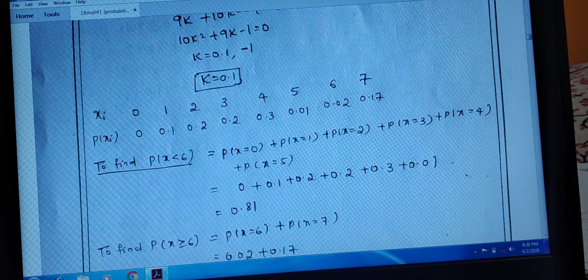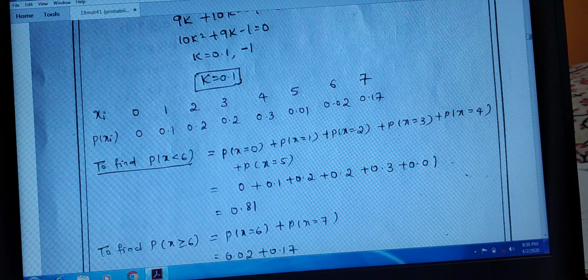Okay, so here you can see first you have to take probability of x equals 0 plus probability of x equals 1 plus probability of x equals 2 plus probability of x equals 3 plus probability of x equals 4 plus probability of x equals 5. So I have taken all the numbers which are less than 6, and the probabilities of these numbers are given